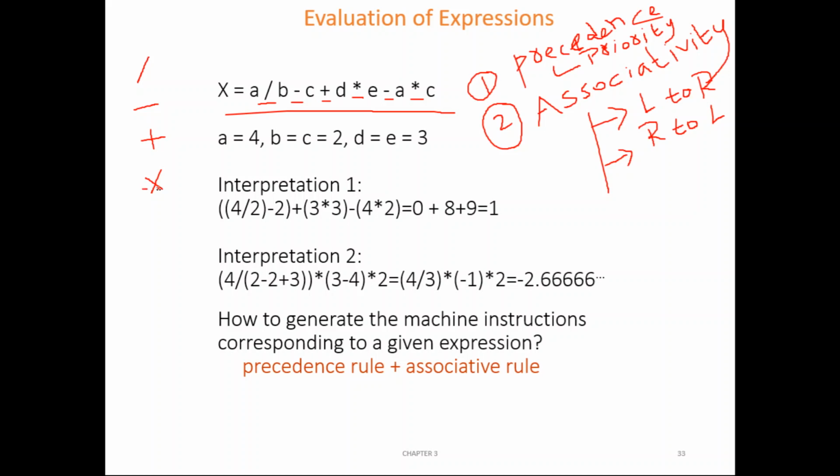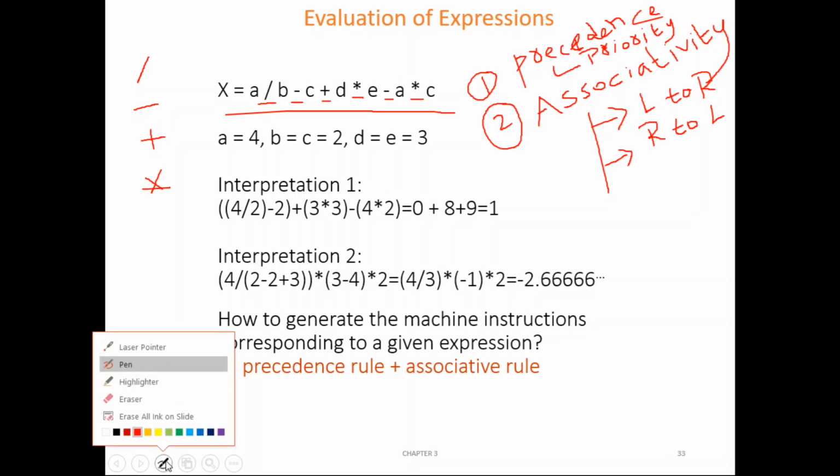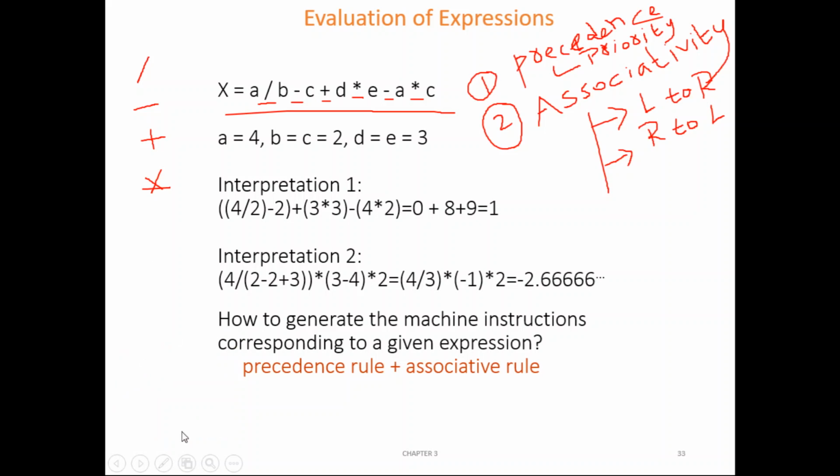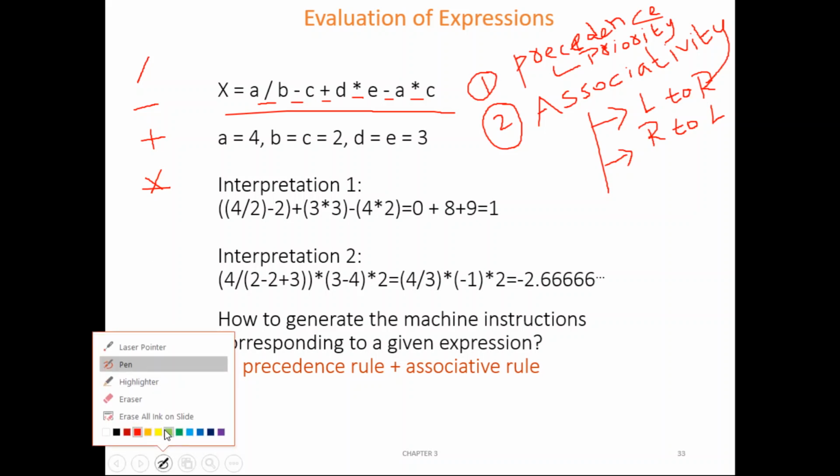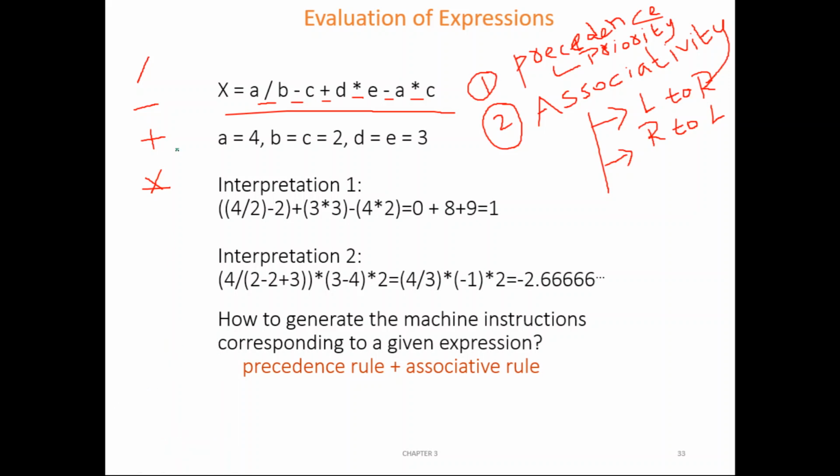Out of these four operators, star and slash have the higher priority, and their priority level is also the same. They have equal priority.